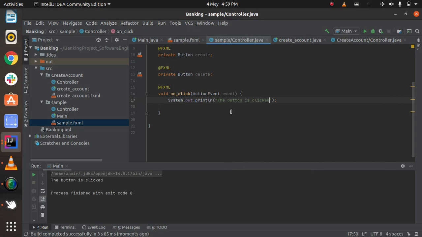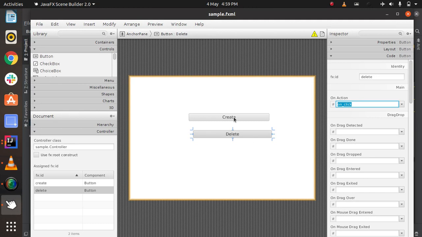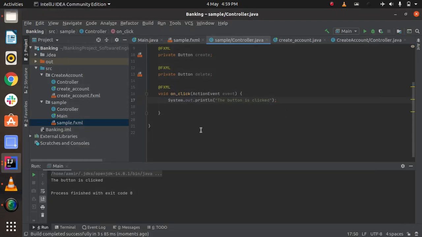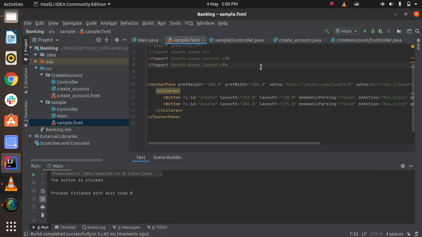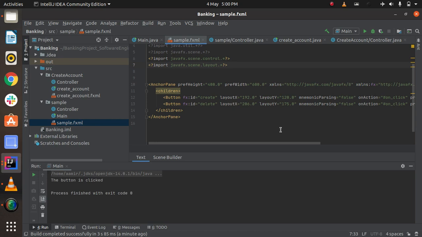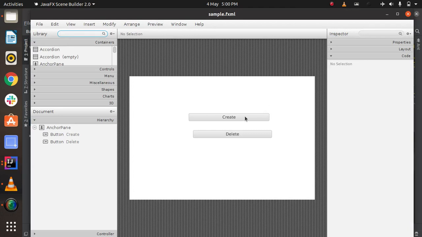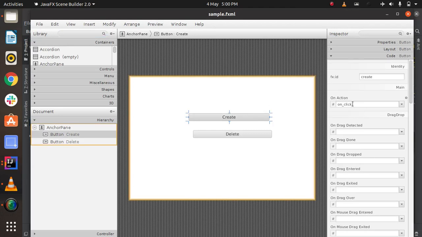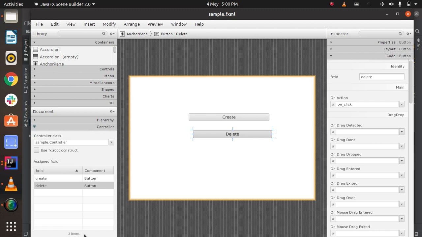Why? So let's check Scene Builder again. In Scene Builder, let's close this, yes, save, and again open this sample.fxml file in Scene Builder and let's edit it. So in create we have onAction onClick, and in delete too. In the controller it is also correct.